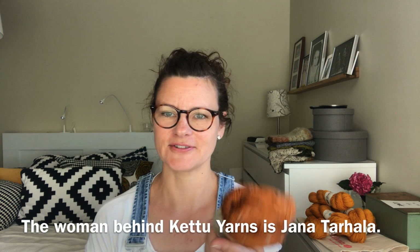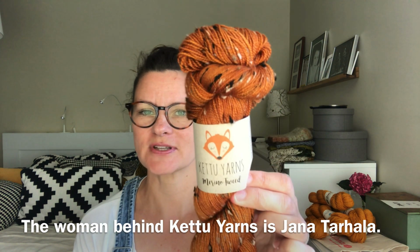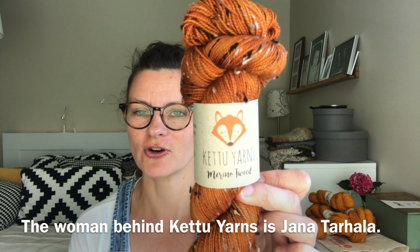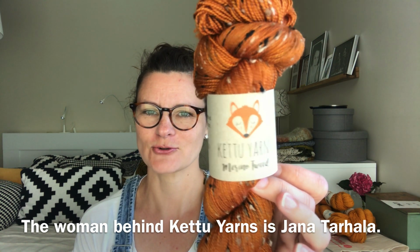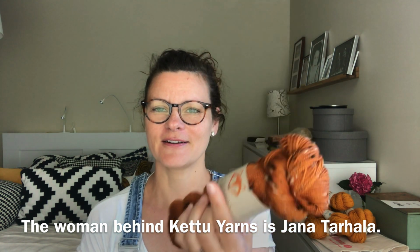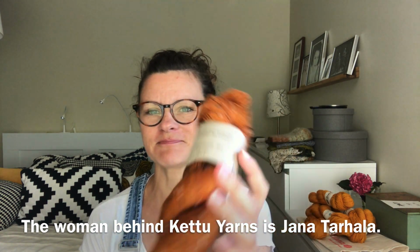Earlier this month, it was in July, I received these yarns from Kettuyarns from Finland. These are dyed by a Finnish dyer called Kettuyarns. Kettu is a fox in Finnish, so the label kind of shows what this yarn is about. And I chose a color called Foxy